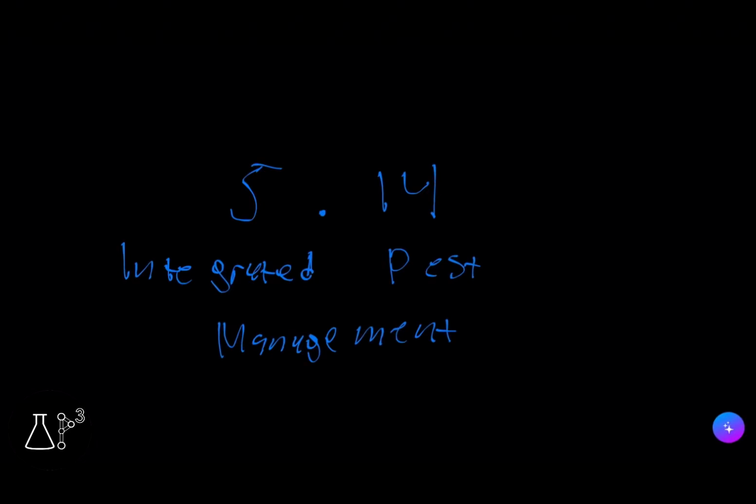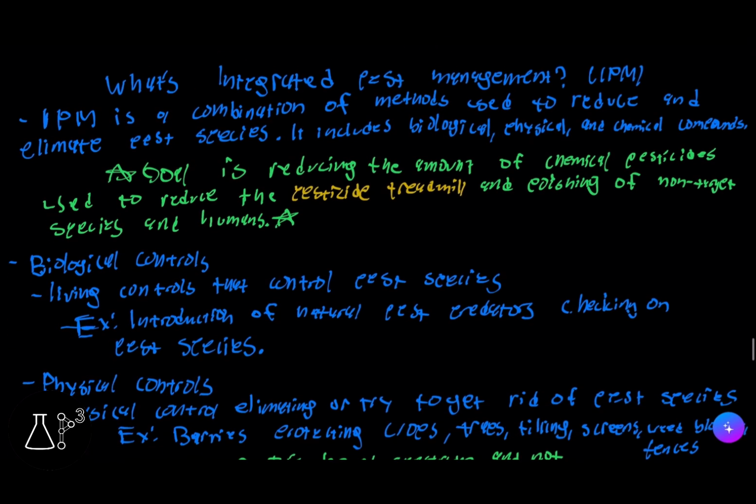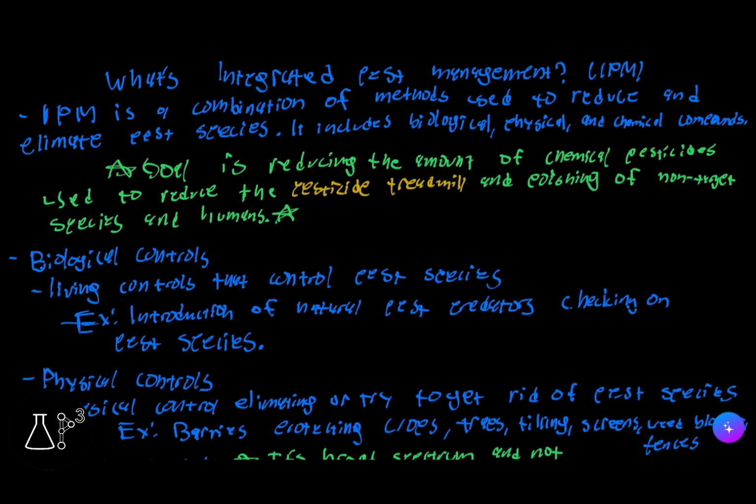In today's video, we'll be going over AP Environmental Science topic 5.14, Integrated Pest Management. So what's Integrated Pest Management, or IPM? Well, IPM is a combination of methods used to reduce and eliminate pest species. It includes biological, physical, and chemical compounds. Now, the goal is reducing the amount of chemical pesticides used to reduce the pesticide treadmill and poisoning of non-target